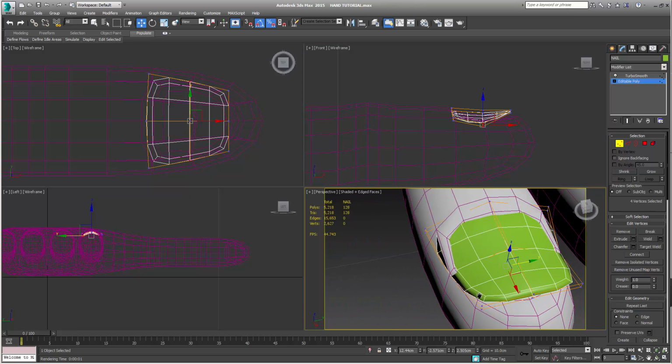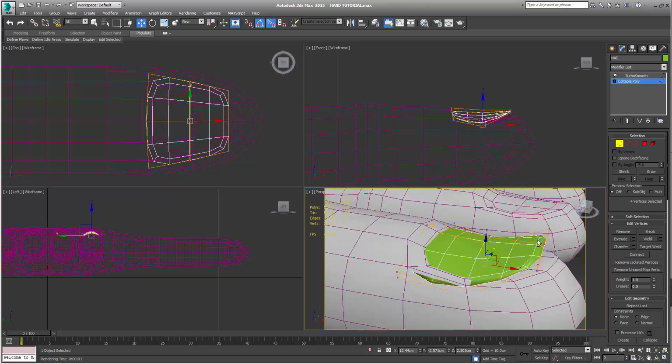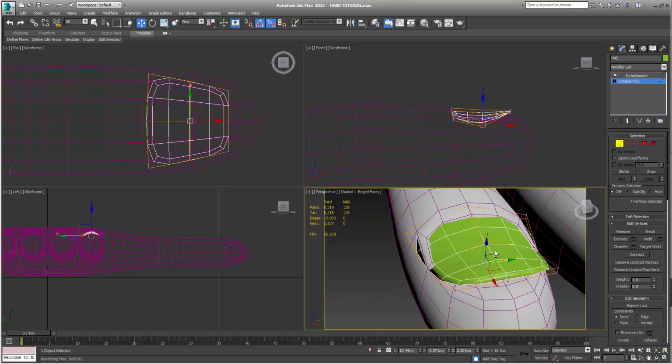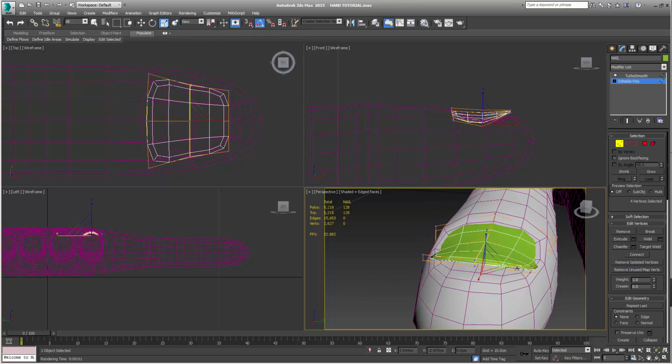Okay, and as you see here, with very few tweaks, we've got everything inside the line we want. It doesn't have to line up exactly as long as it's inside that line. And let's go ahead and rescale these two. You can do this in the center viewport if you want, or the front viewport. Let's deselect our percent snap toggle for now. We won't need it. Kind of ease these in